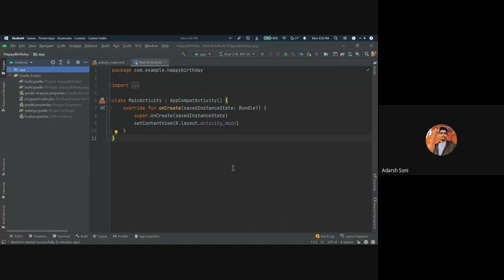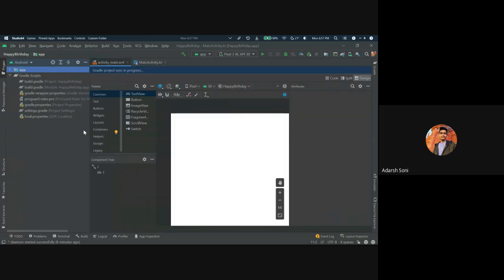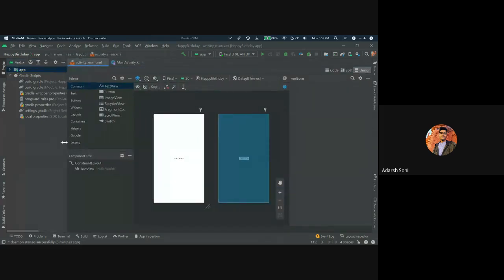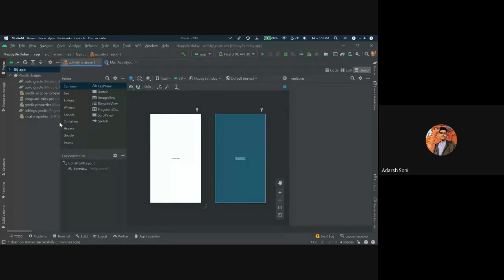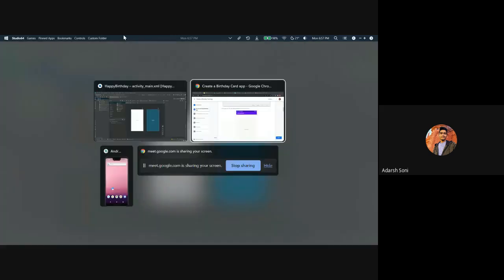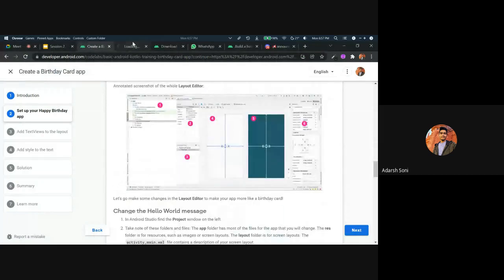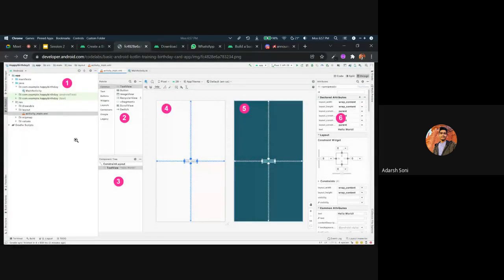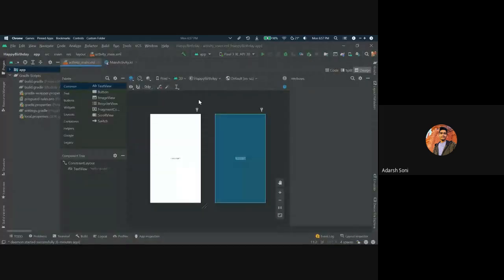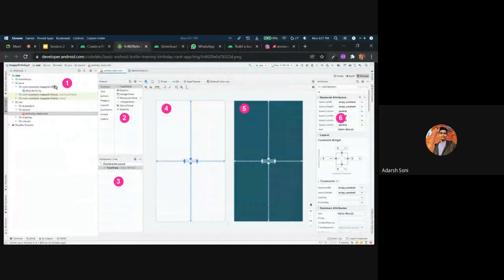So the views in Android Studio don't just float on the screen by themselves. Let me go to the activity main section. We will be seeing what all these components are. So let me open one image to explain it more clearly. Okay, so this is the same image which is shown in our Android Studio. So what does it represent?